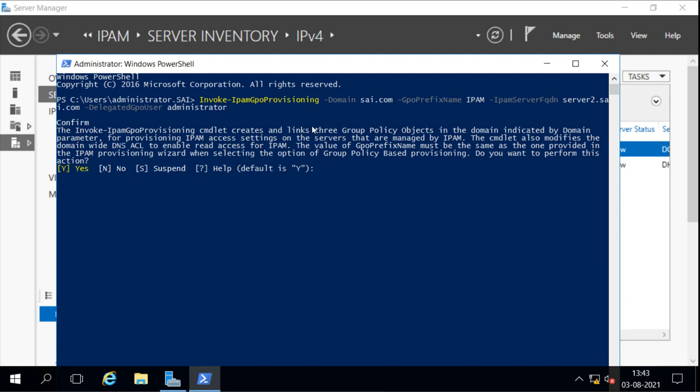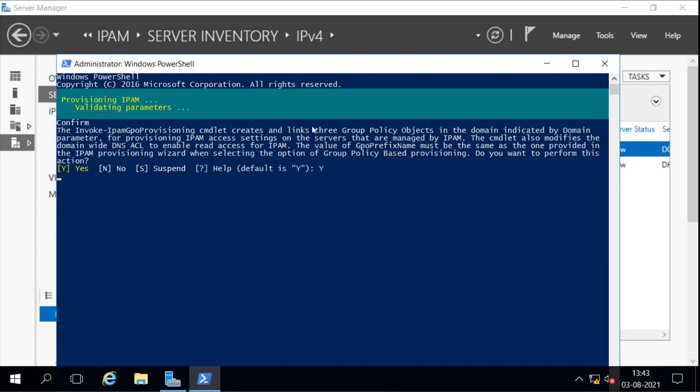Yes, I want to do this, and it is validating parameters, and then it is creating GPOs.